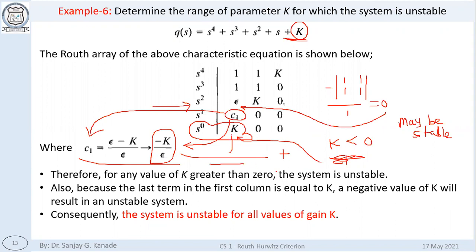You take an example. Let's say k is minus 2. Because of this particular last row, here it is only k. Because of this, if k is minus 2, the system will be unstable because the first two and first four elements are positive. If k is positive, then this C1 will become negative. So even if any value of k is substituted, the system will be unstable. So that's how we have to find out the conclusion from our observations. Okay.